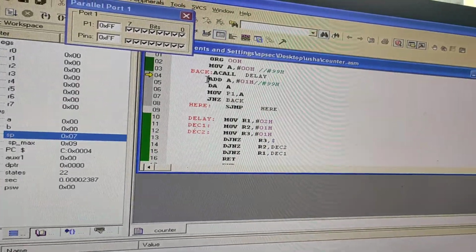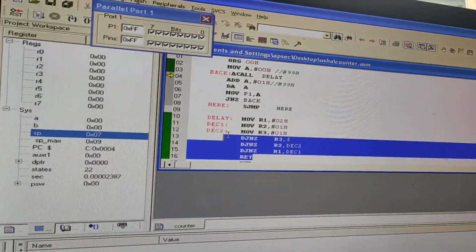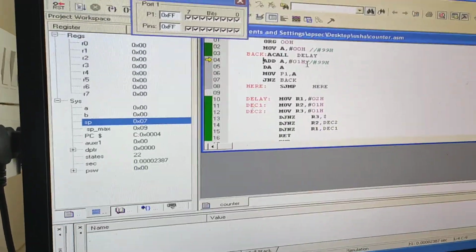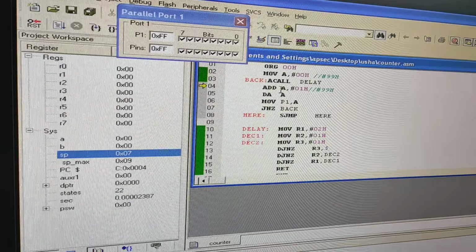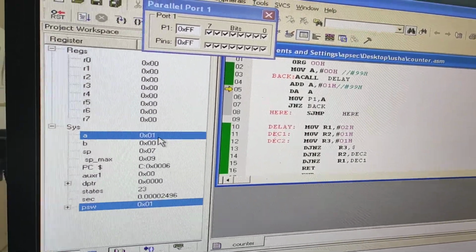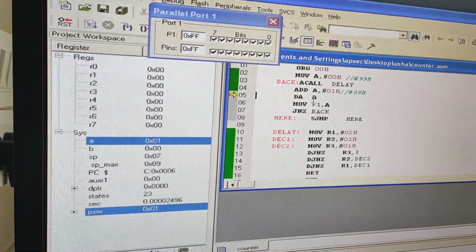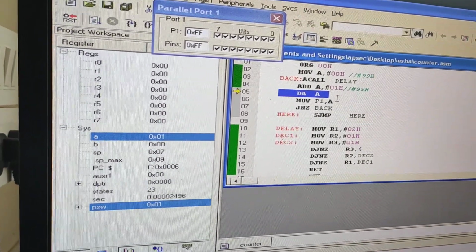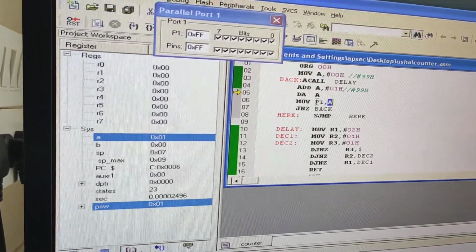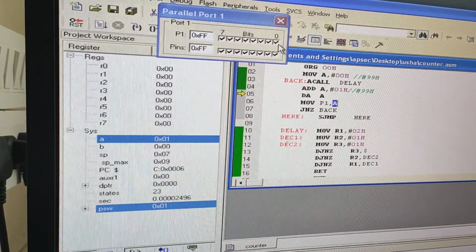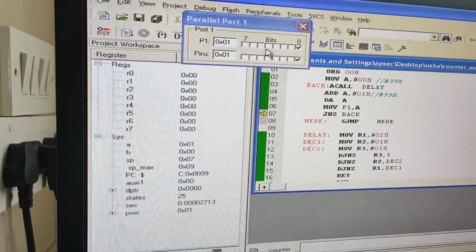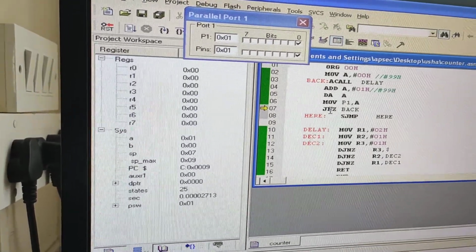So now the control has returned back. The delay program has executed. Now the control has come to ADD A. So ADD A, #01 means 1 is getting added to A. A was 0 initially, so 0 plus 1 is 1. Now you can see the difference here. A becomes 1. Next I am doing DA A, that is decimal adjust accumulator. It will not make any difference here. Next I am moving that data A to P1. If you can see the difference here, the port pins will change. So now the port data is 00000001.